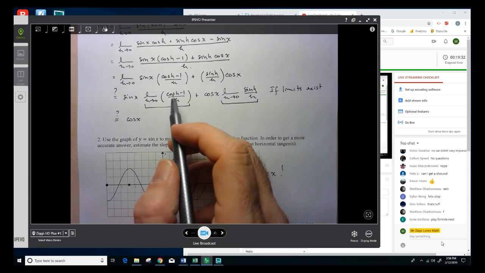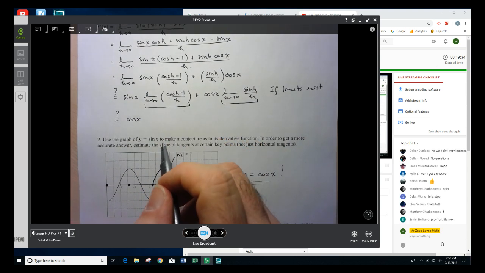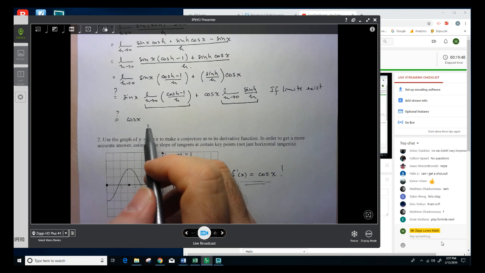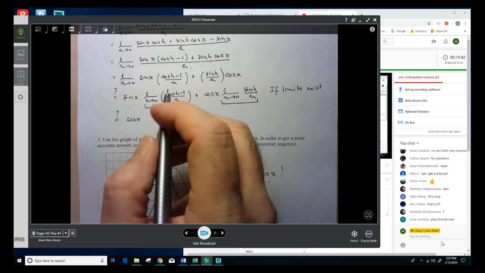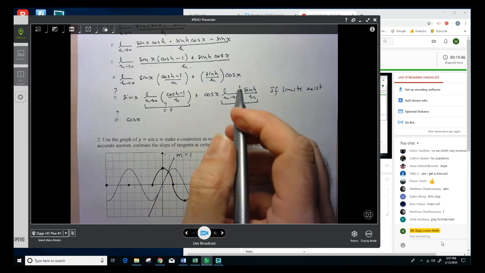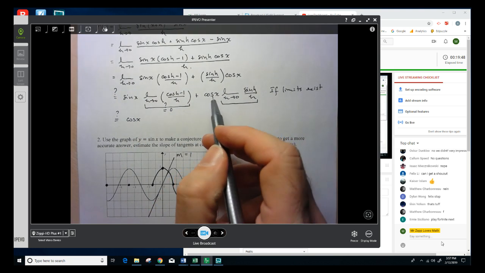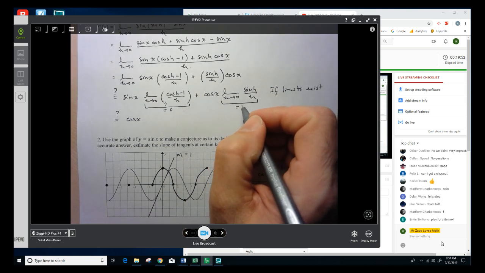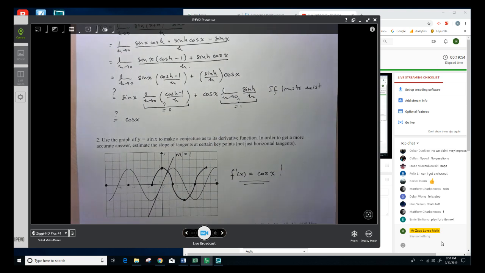But what do we need these limits to be equal to? Well, this is where I don't want this sine x in my final answer. So I'm really hoping that this limit is equal to 0. Okay, I do want this cos x around, but I don't want it to have any coefficients. So I'm really hoping that this limit is equal to 1. Okay, and what we're going to see in a couple of seconds is that